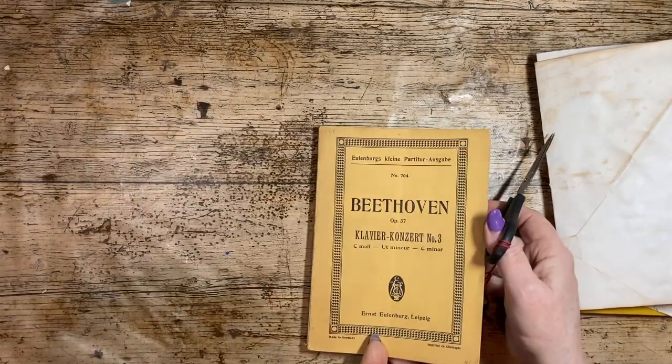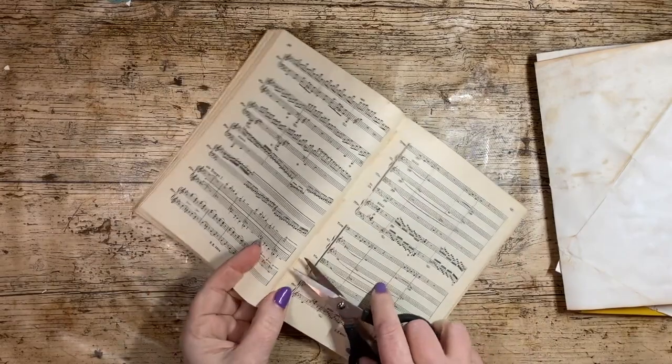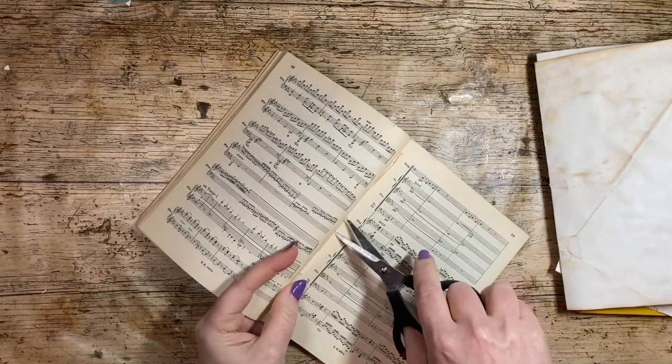Okay. It's Beethoven. I can see my son going, Mum, it's Beethoven? Yeah, I know. Nobody wants it. They were selling it for 49p. So